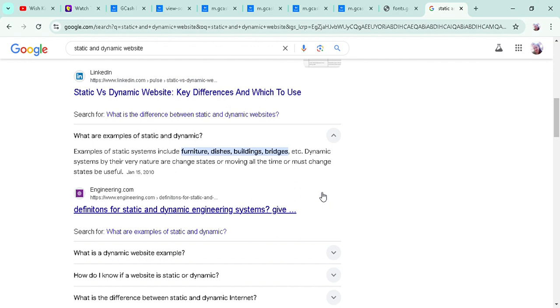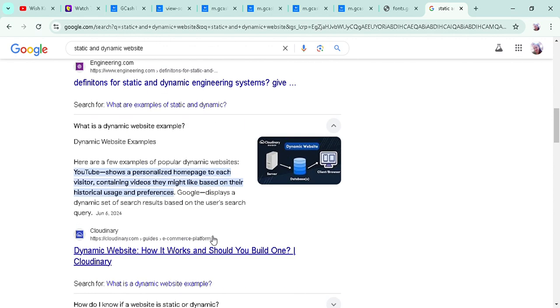So they can separate: if it is furniture, all are furniture; if dishes, all are dishes; buildings, bridges, etc. Then dynamic systems by their very nature change states or are moving all the time, or must change states to be useful. I cannot understand. Again, here are a few examples of popular dynamic websites.